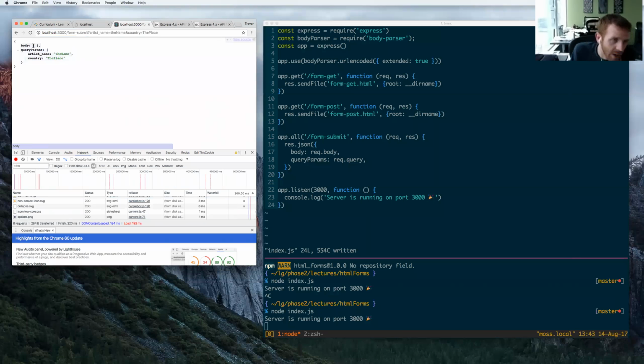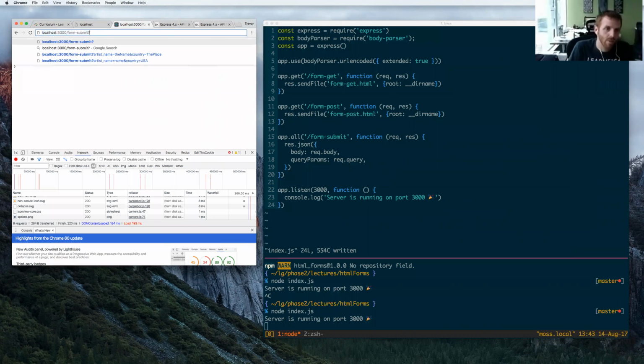We still don't have anything in the body, right? Because this is a GET request. But these query parameters from the URL have been parsed and stuck in this query params object. The nice thing about, or the interesting thing about GET requests is that your browser by default will do a GET request. If you go to any URL, you just put a URL in your address bar, it'll do a GET request to that. So you can actually write in by hand any query parameters you want at the end of a URL, right? So I could say